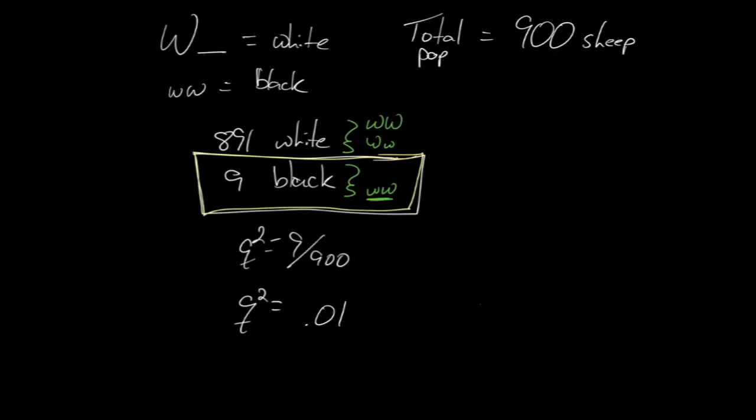So I'm just trying to get you to see 9 divided by 900, that's 0.01. That's right. 9 divided by 900 is 0.01. Are we all on the same page now? All right, so that gives us how many little w's you have. That's your